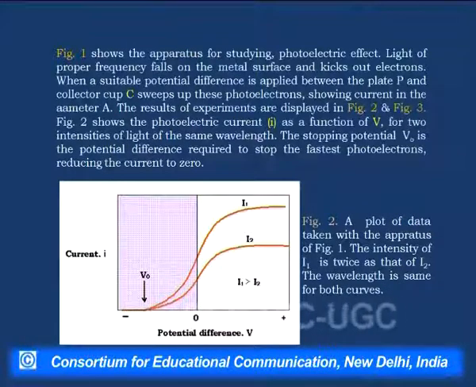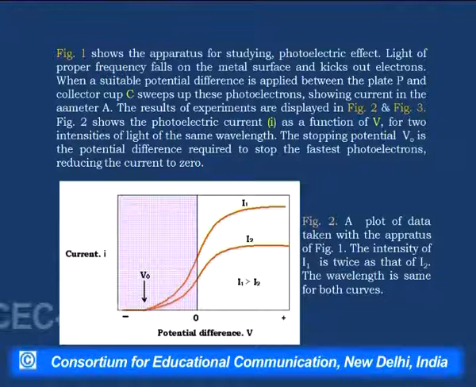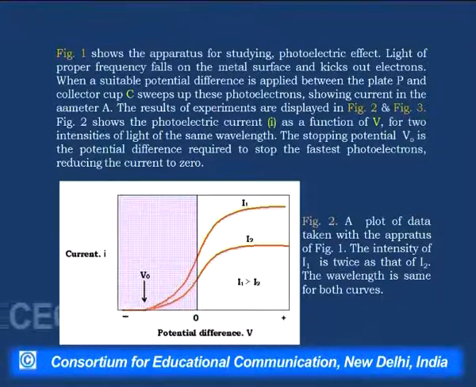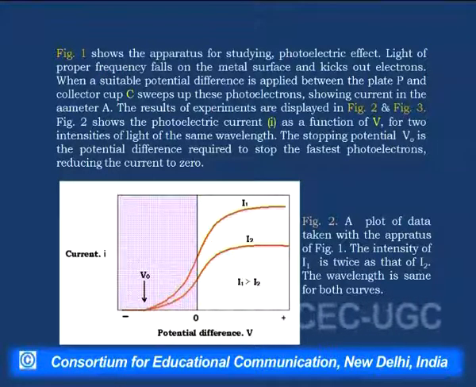So, here in this figure, we can see the current and this potential difference. This is a plot of current versus potential difference at two different intensities. What we have done is we used an intensity of light and then we increased it. Now, we can see here, if you apply negative potential, the current reduces, and at a certain potential the electrons are moving towards the plate. We have applied positive potential.